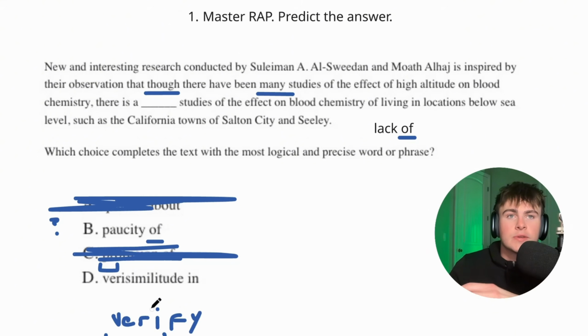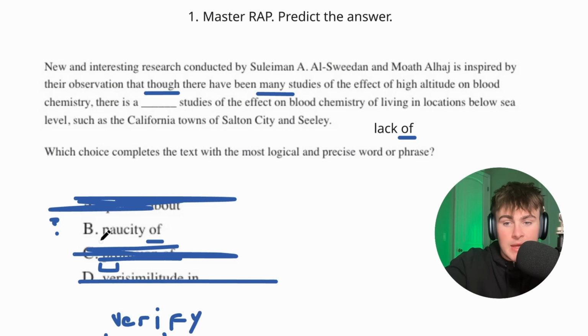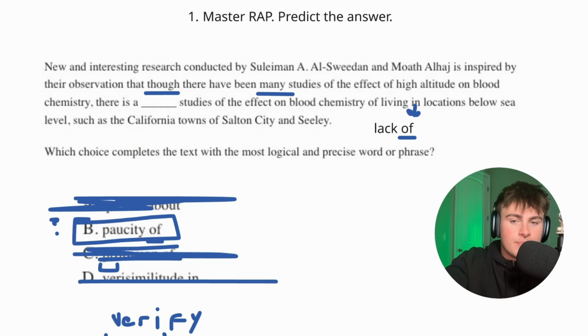So they're probably going to mean the same category of words. So I can probably assume this is going to be verified because I don't know the actual meaning of this. So it's probably not this. It's going to be B, I assume, because one, it matches that word there. It matches "of." And second, it's not D because I just broke it down by root. I related it to another word that I did know. So therefore, it is B. I don't even know what paucity of means, but I assume if I look it up, it means a lack of something. So that's about it.